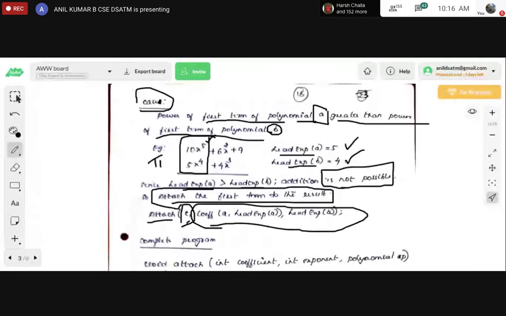No. First term of A. Only first term of A. Cleared?